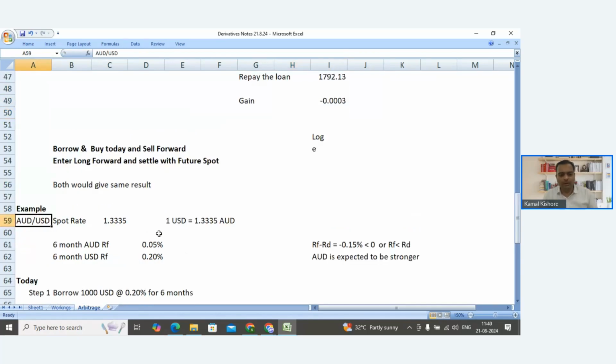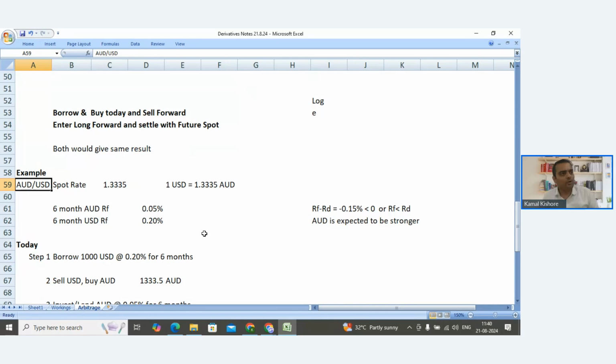In this example, you are buying or selling currency. You're going to receive, let's say, AUD, or you're going to pay AUD. What is AUD? Australian dollar. So AUD per USD, right? The spot rate given is this much. That means USD is the home currency, AUD is the foreign currency, AUD is the product currency. Home currency is always one. So 1 USD is equal to 1 point